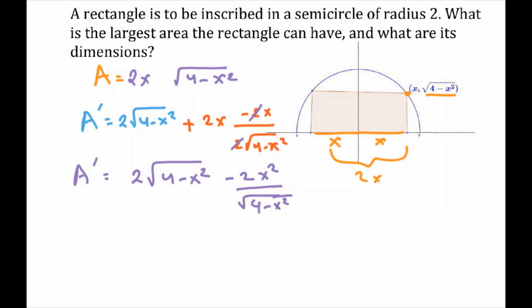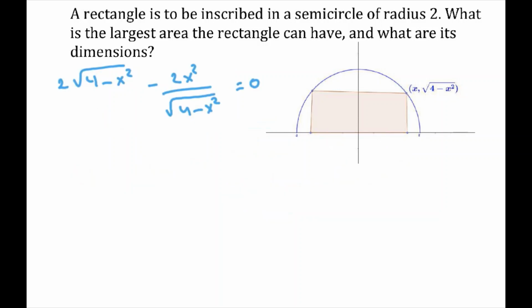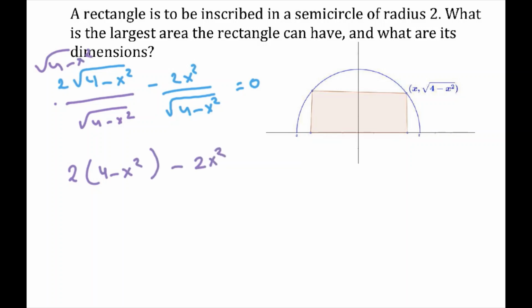Now you need to find A prime equal to 0, the maximum points. So I'm going to make this equal to 0. Now I could have like denominators by multiplying by the square root of 4 minus x squared, numerator and denominator. That's going to be 2 times (4 minus x squared) minus 2x squared over the square root of 4 minus x squared equal to 0. And when you cross multiply,